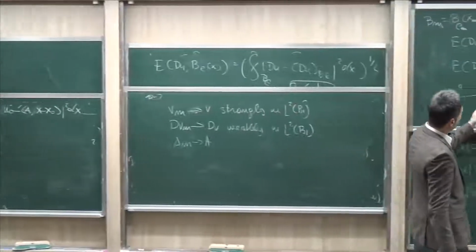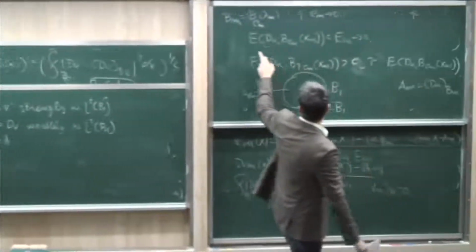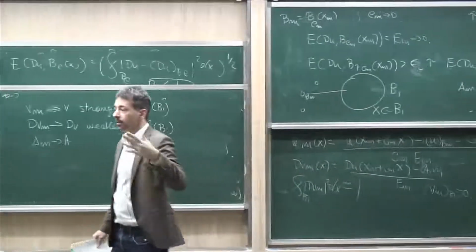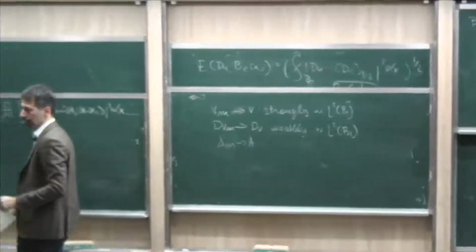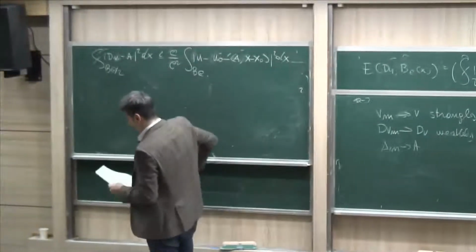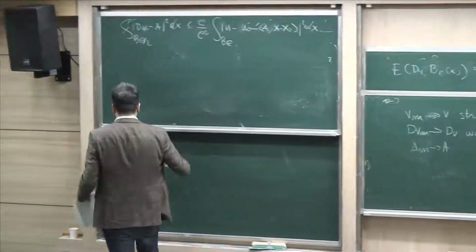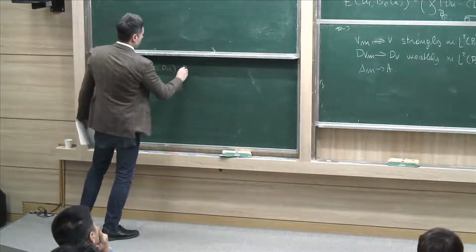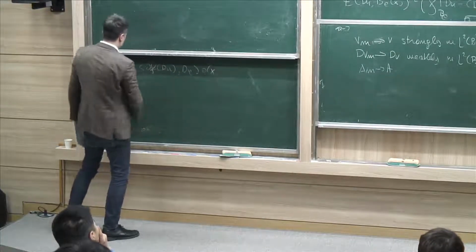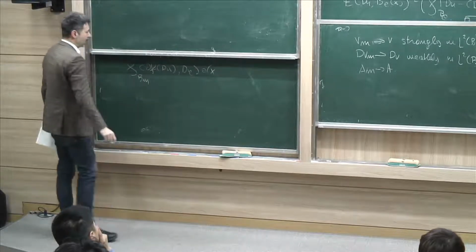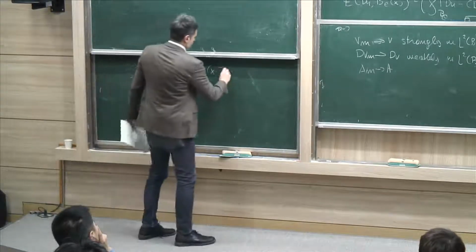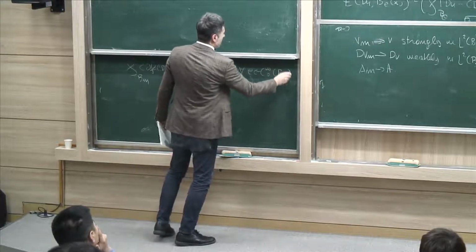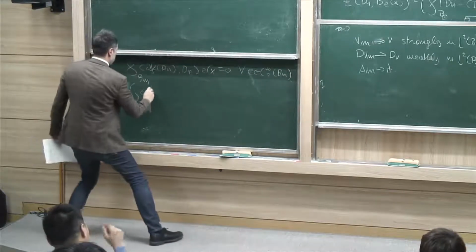Okay, if U is a minimizer, then dm should be a minimizer of a suitable functional. In particular, it should solve the Euler-Lagrange equation of something. So let me write down the Euler-Lagrange equation of the functional. And the Euler-Lagrange equation is the following thing. So let me write down in dm. And this is equal to 0 for every phi to infinity. And by changing variables, this is nothing else but